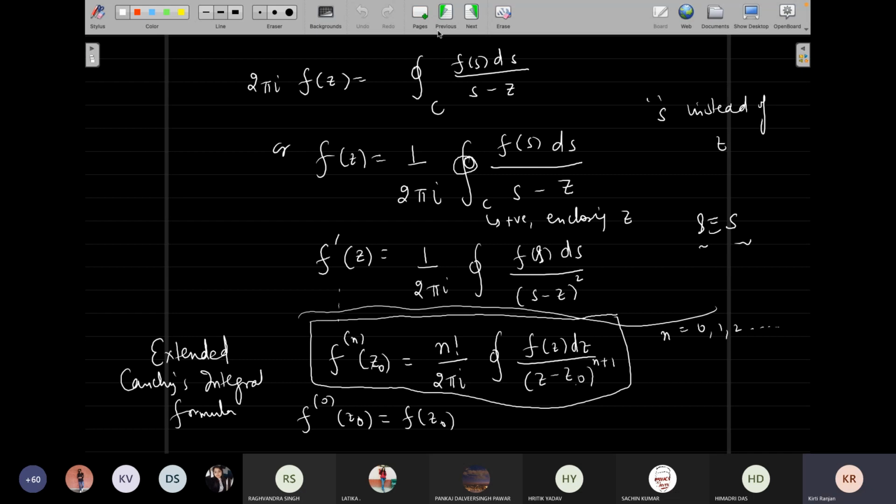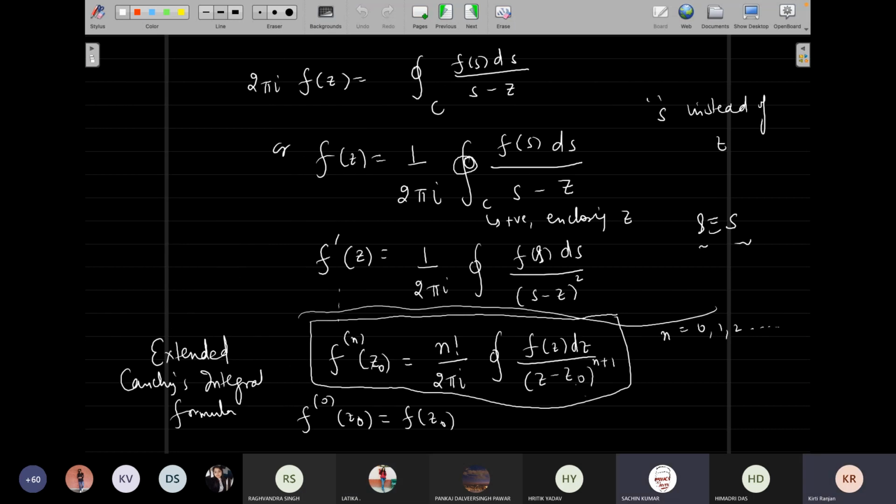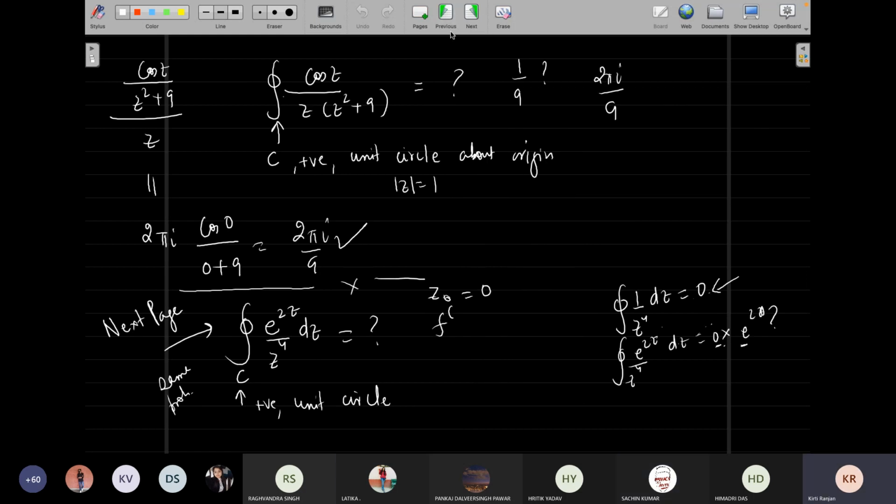Okay, so let's just do that. Others, how are we going to do that? So what is z naught in our problem? 0. Thank you. Which z do you want to evaluate? 4. So look at the formula again. It is n plus 1 here, and here it is n. So which derivative? 3. You want to go for the third derivative.